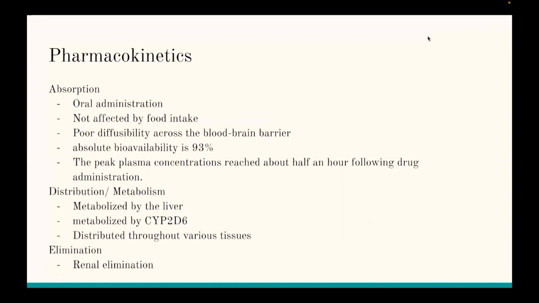And then its bioavailability is 93%, which means that 93% of the drug will be absorbed and used in its active form, which is pretty normal for a drug. And the peak plasma concentrations are reached 30 minutes after drug administration. And so it's a pretty fast acting drug. It is metabolized in the liver, and there's an enzyme on the liver that's the CYP2D6 enzyme, and it's used to metabolize the drug. And that enzyme specifically is known for rapidly metabolizing medications, and that is why it is at its peak levels